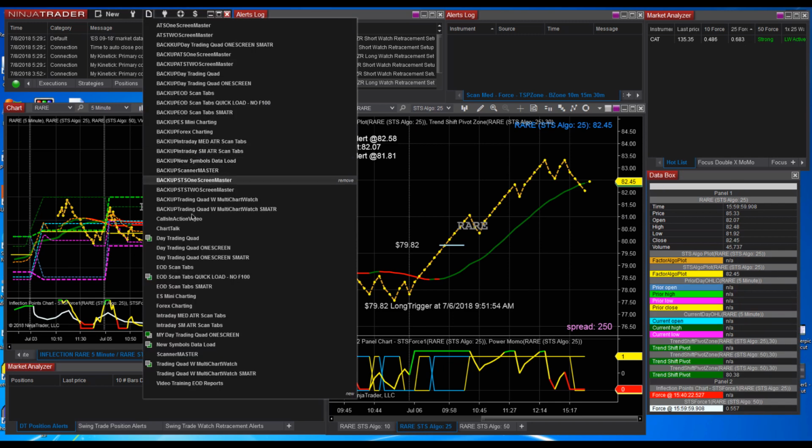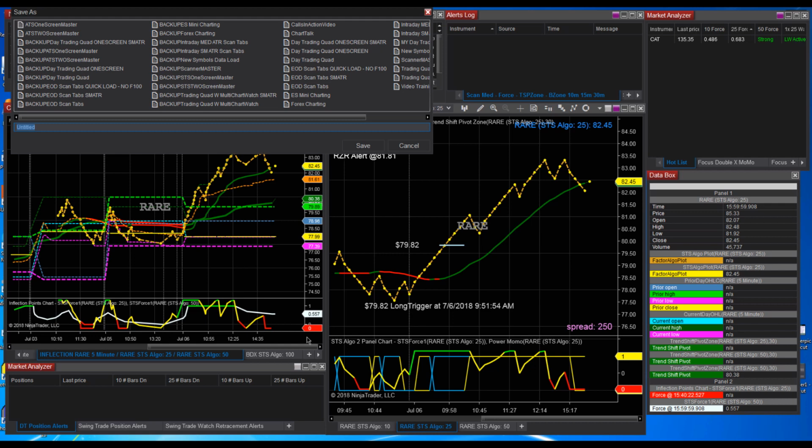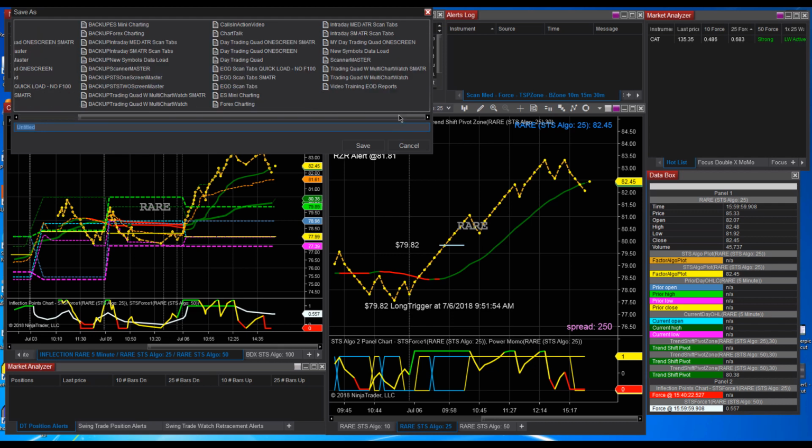We're going to go down, the name of our template that we have open. Remember, the green square that's on top is the one we're looking at, and all the others with squares beside them are open, but that's not the one we're viewing. The one we're viewing has the green on top. So it's my day trading quad 1 screen. So we're going to do save as, and I'm going to go over and select that name